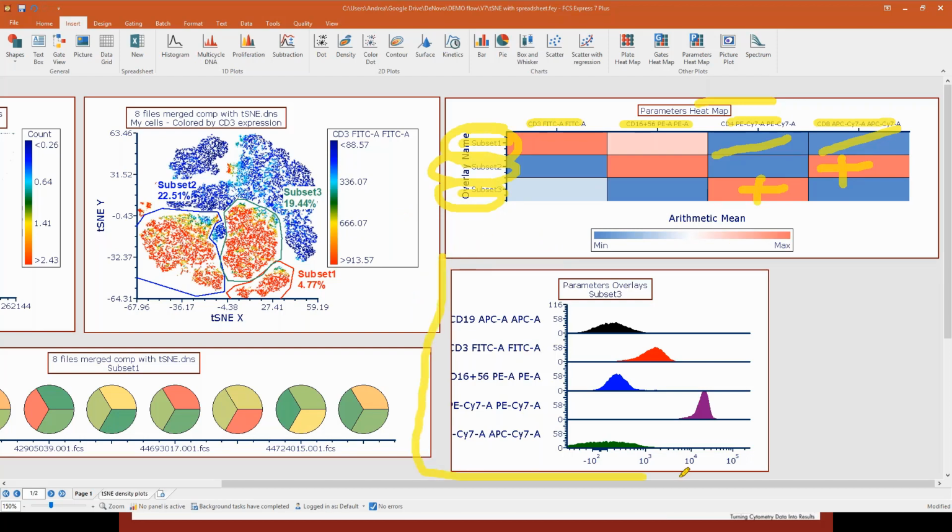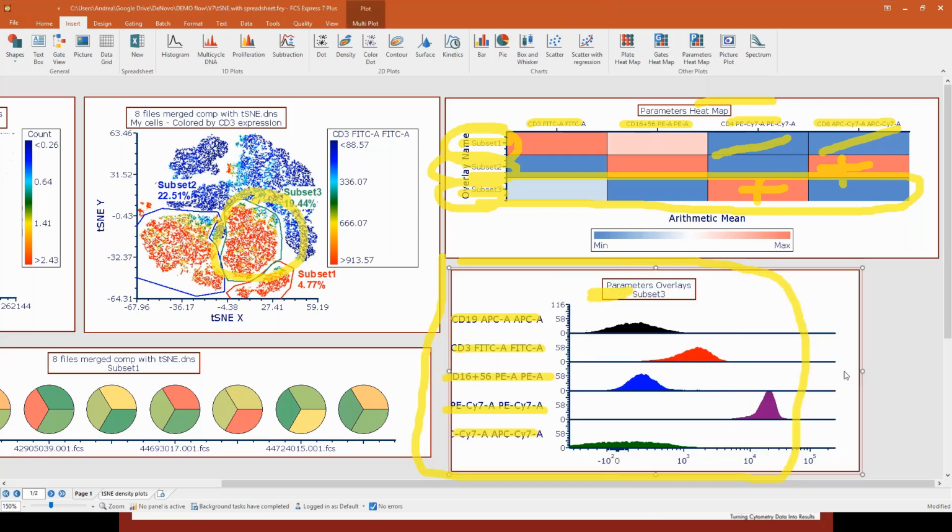Another way in which you can characterize a population is by focusing on a specific population and opening what we call parameter overlays. So basically you focus on a population, in this case subset 3, which is this one, which is also this one, the last row. And you can plot, in a histogram with multiple overlays, all the markers that you are interested in. Let me make it a little bit bigger here. So you see, in this case, we can clearly see that this population, subset 3, is positive for the